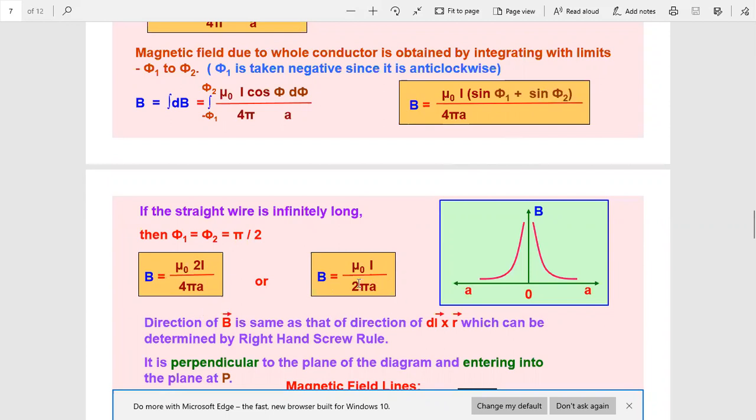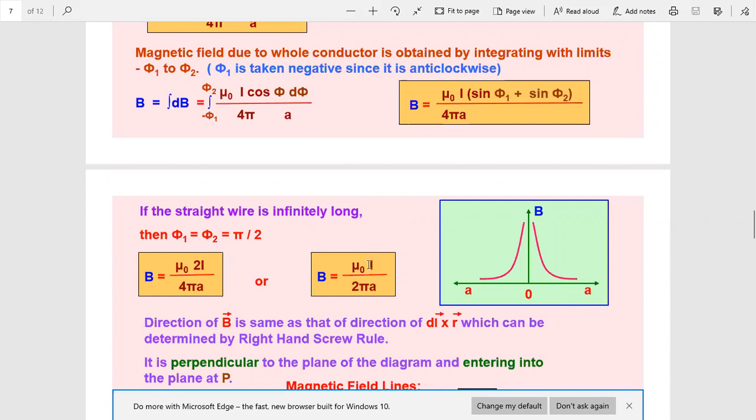So you see here the magnetic field increases if the distance of the point from the conductor decreases. As we move away from the conductor, magnetic field strength goes on decreasing and becomes zero at infinite distance